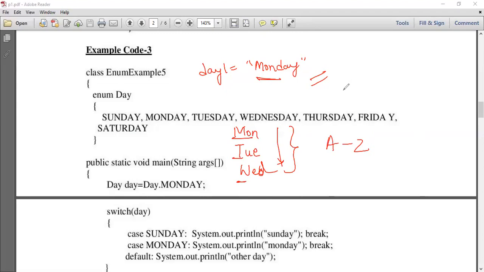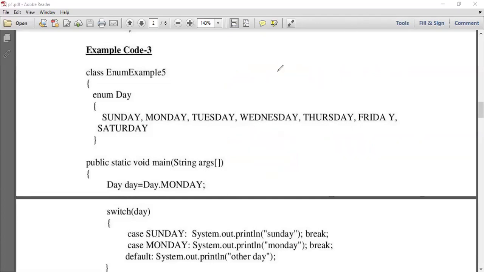In order to overcome these, we need a mechanism where both the problems of declaring this as an integer as well as a string can be overcome. Such a facility in Java or in higher programming languages is through enumerators. Enumerators declare named constants, where each one of them is actually an object and their values are fixed, which means they are of type final and they are static. So this is the feature.